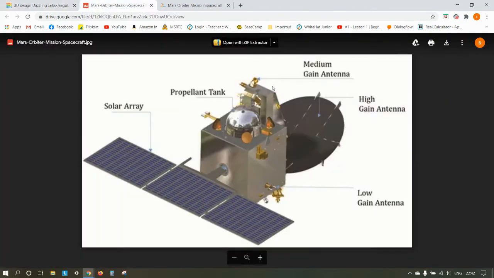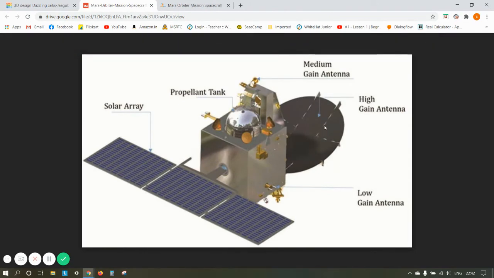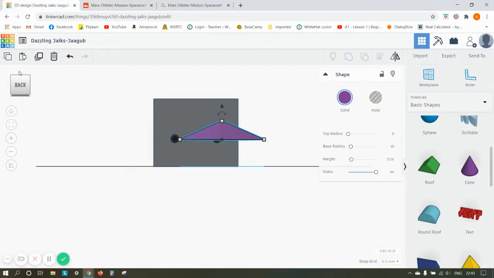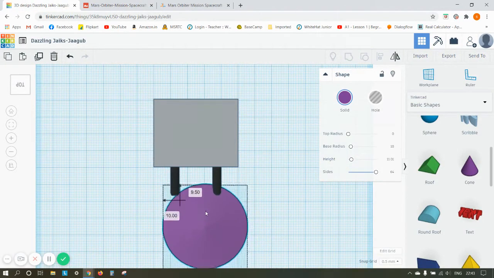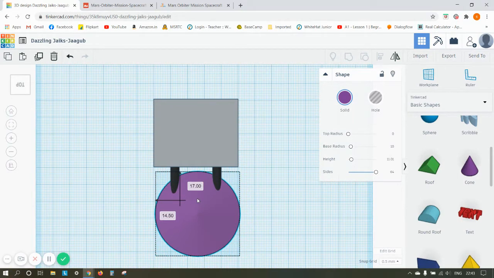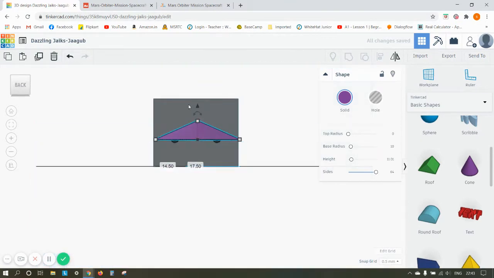So this high gain antenna now we are building, right? So it is slightly tilted to this side. So we have to arrange it now like that. So I will go to top view. I will try to place it over here, right? And then I will come to back view and I will